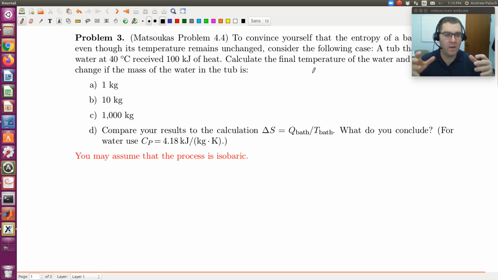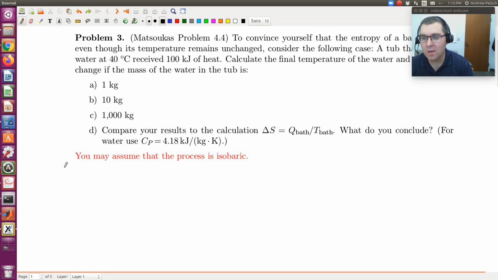So again, my system in this case is going to be my bathtub, which will eventually become our bath. We're taking that as our system and looking at the effect of receiving 100 kilojoules of